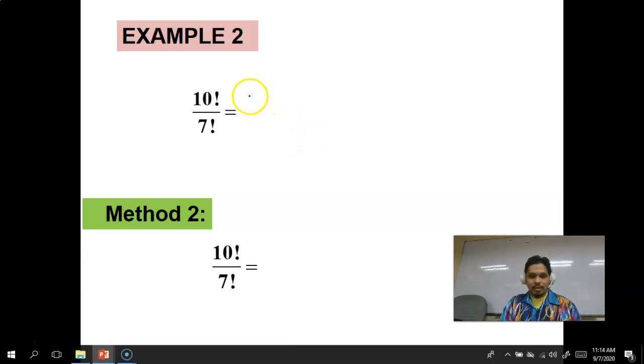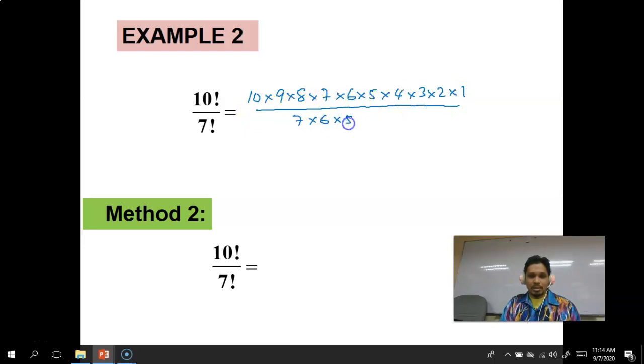It's just like 10 times 9 times 8 times 7 times 6 times 5 times 4 times 3 times 2 times 1, and everything divided by 7 times 6 times 5 times 4 times 3 times 2 times 1. So 7 divided by 7, 6 and 6, 5, 5, 4 and 4, 3, 2, 1. So what's left here now? 10 times 9 times 8 equals